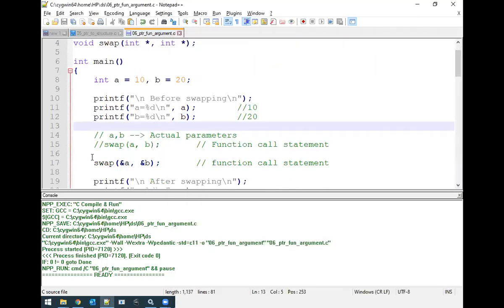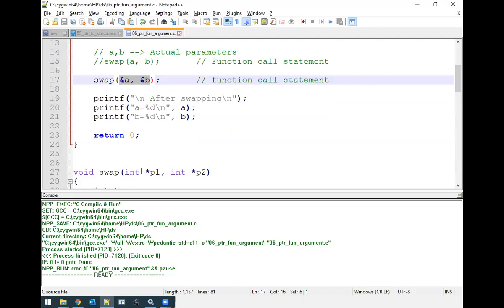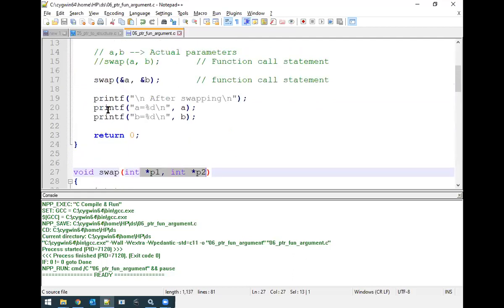Instead of passing the values, in this case, instead of here where we were passing the values, which did not modify the values of A and B, to achieve that, we passed the addresses of those variables, right? By taking the formal parameters as pointers, which helped us in swapping the values. And after swapping, we got the updated values in the main function.